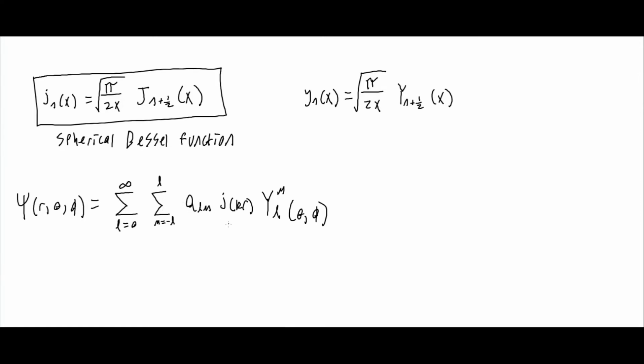And so in this case, we are using the spherical Bessel function. So I'll give a little bit of a spoiler here. The spherical harmonics are going to be used in every solution, besides like the rectangular wells. But the Bessel function is used when we have an infinite spherical potential,